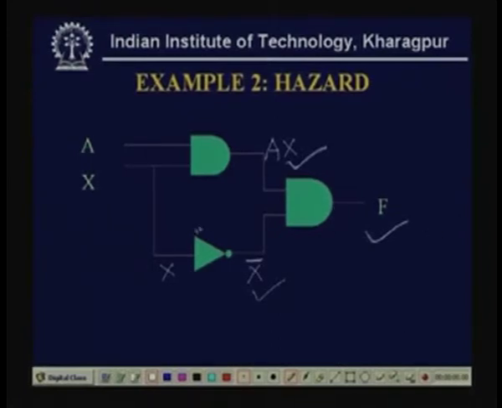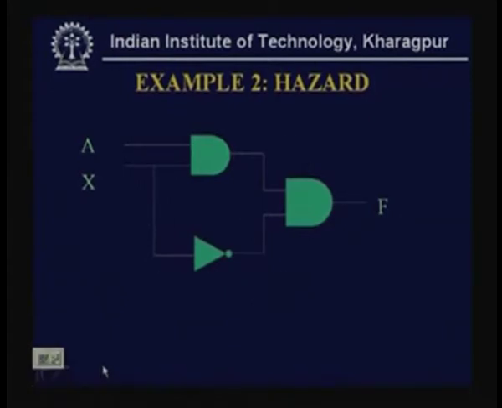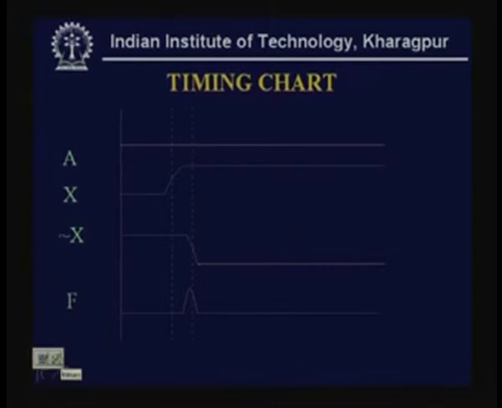Now, if this inverter has a delay which is greater than this AND gate, then AX will be available first, but this X complement is delayed. Or the reverse thing can happen, that the AND gate has more delay than the inverter. Then what will be the timing chart? Or if we draw the timing diagram of this particular example, then